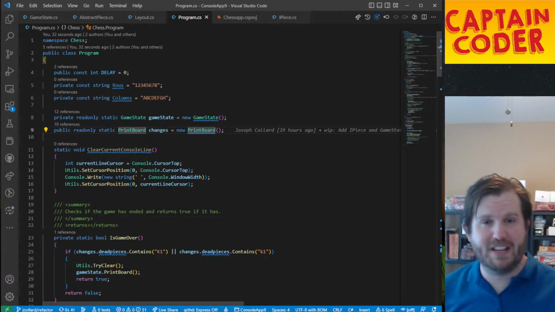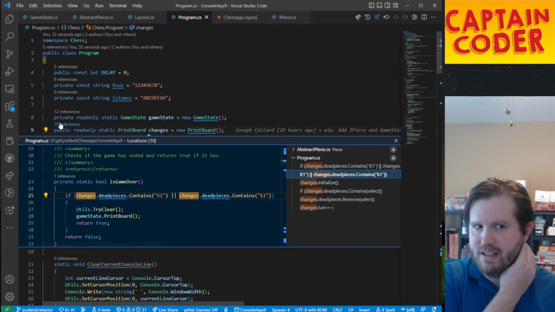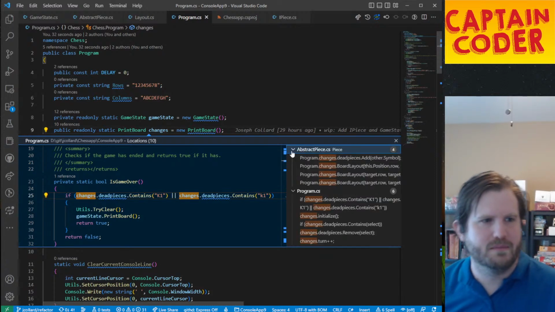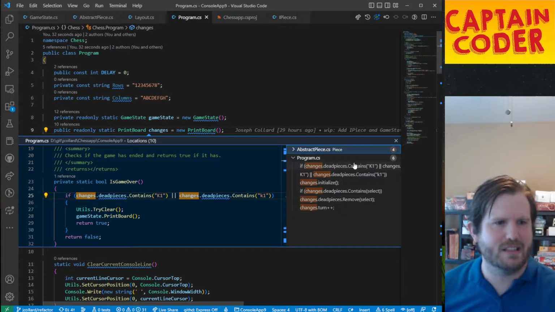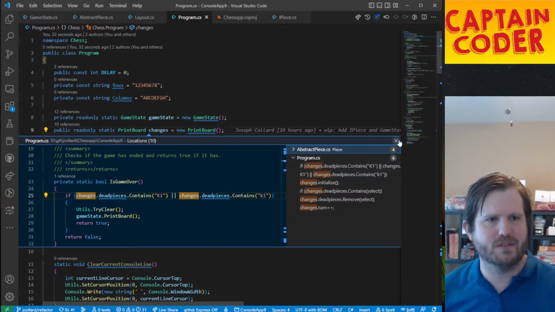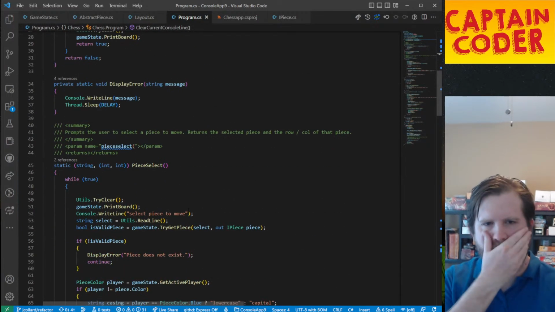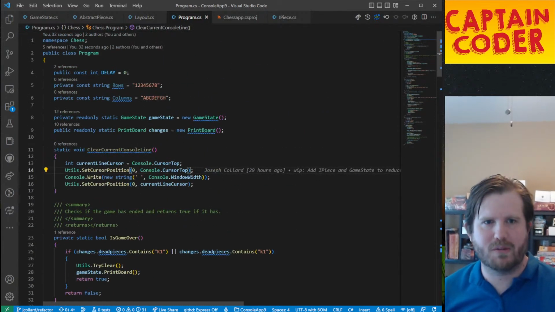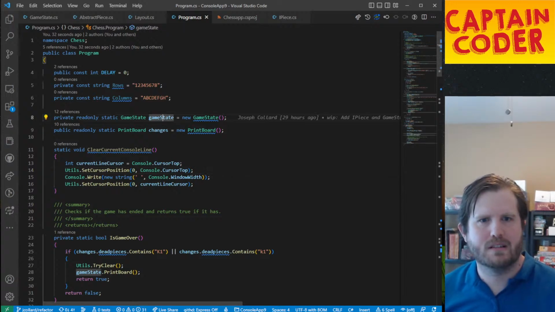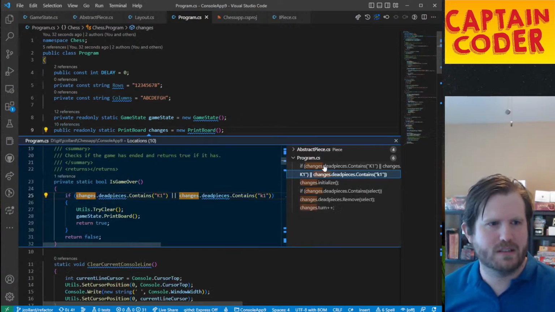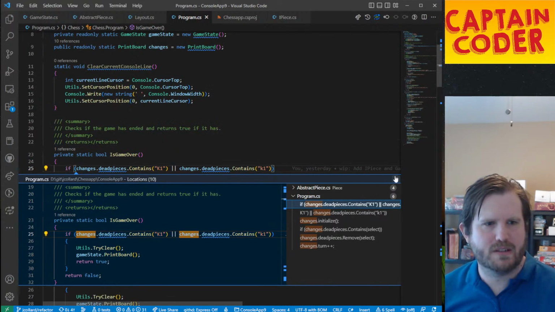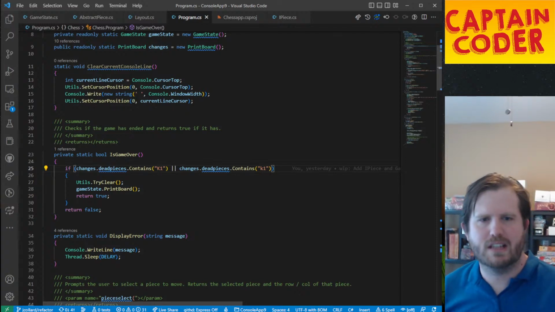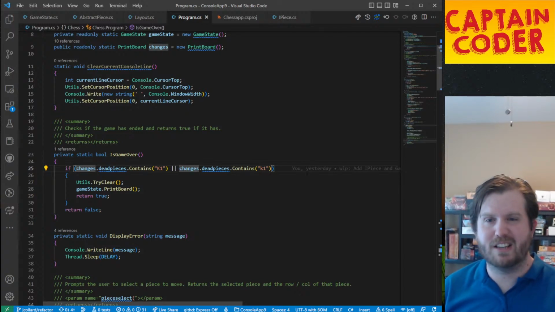And now changes. This is the one that feels the hardest to get rid of. But maybe it's not so bad. It has to do with like dead pieces and stuff of that nature. So we're gonna have to, okay. So we're gonna just start working through those. 10 references. We'll go to this one first. If King 1 is dead, King 2 is dead. All right, so we're gonna actually just say if